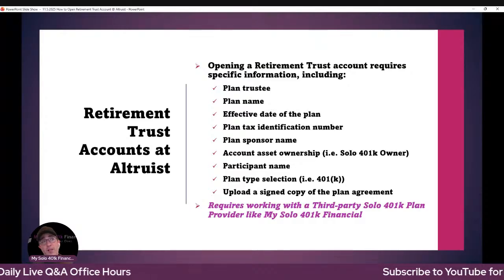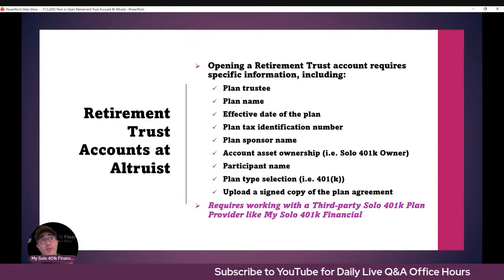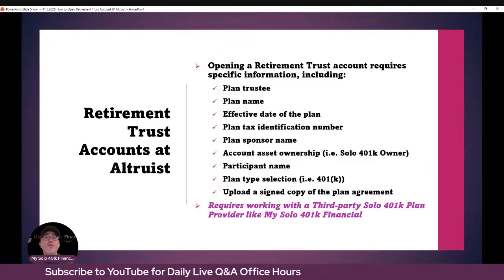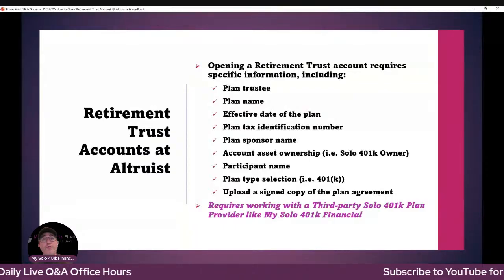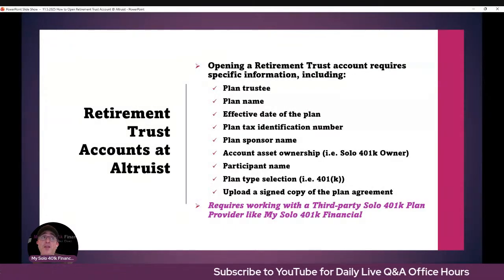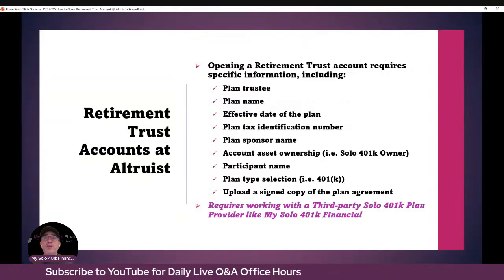The effective date of the plan. So this is going to be the date that's listed in the adoption agreement. If they're setting up a new plan here in 2025, the effective date of the plan is January 1st of 2025. If they're upgrading a pre-existing plan to our plan, let's say it's a basic plan at Fidelity or Schwab